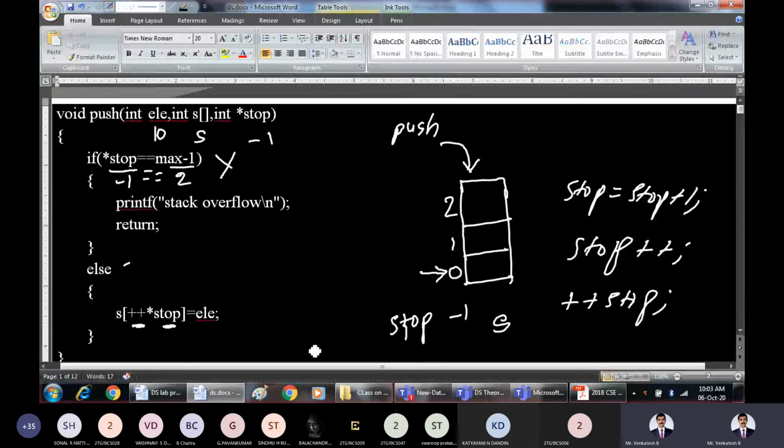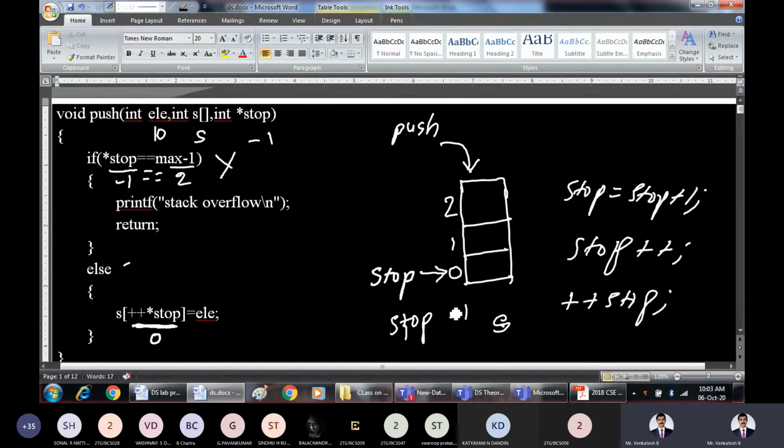What is S top now? S top is -1, so increment it first. Perform the pre-increment, plus plus S top, and it will become 0. Then perform this operation, S of 0. With this, we have made S top point here.